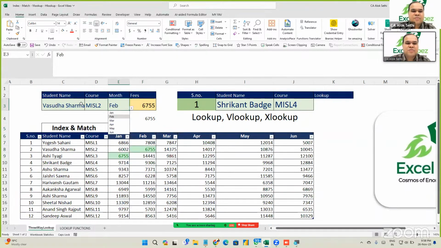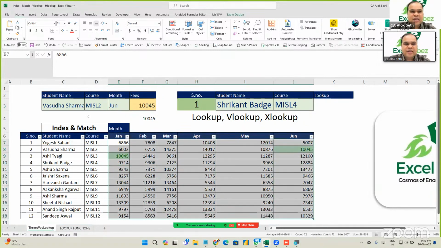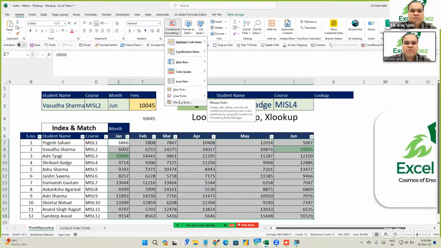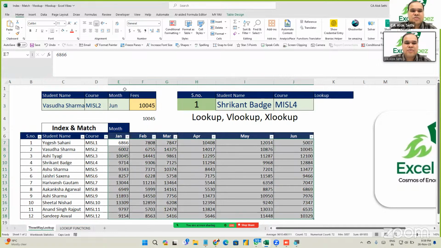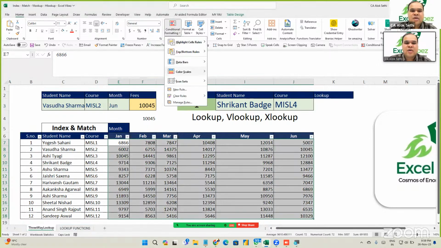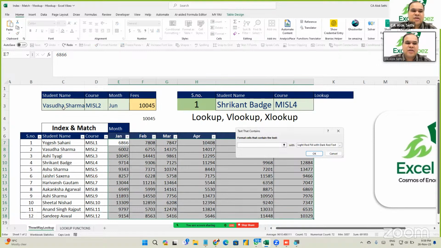Okay, because you might have different fees for different months. So what we need to do in that particular case is we need to give the criteria as the student name and the month, then you will get the right answer. So again we will clear this rule and we will select this series and we'll say format and highlight cell rules. Okay, text that contains, so we can say text that contain. Now it will not work because see,